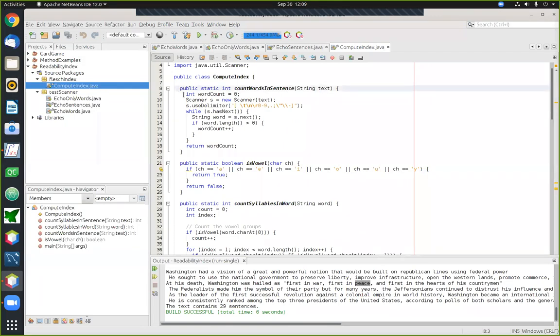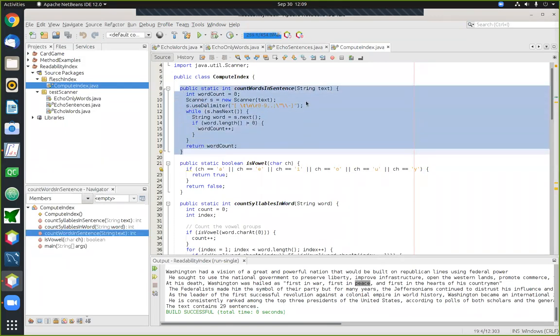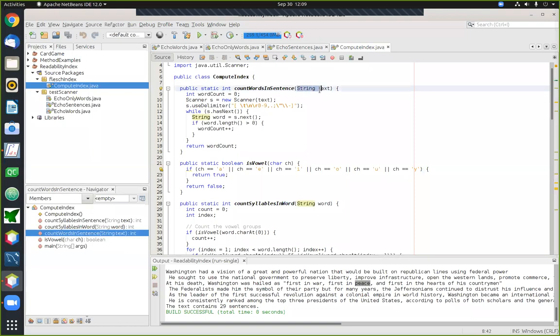All right, first example of this is this one. The purpose of this method is what we're going to do. I'm going to hand you a string that has a sentence worth of text in it. And what I want you to do is to basically tell me how many words are in that text. Okay, now to count the words, we're going to use the same trick that we used a minute ago. We're going to use the delimiter trick to help us break the sentence up into individual words. And I'll be using code similar to what I used a minute ago. The only other small difference here is that in this example, the text that I'm working with comes to me in the form of a string.